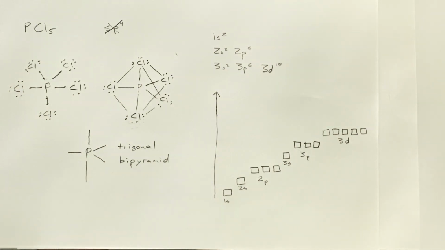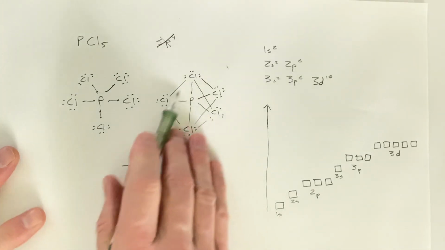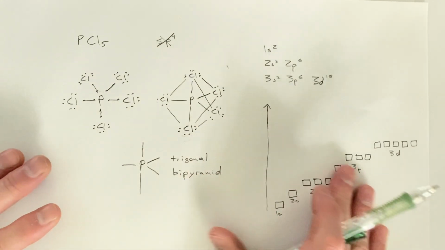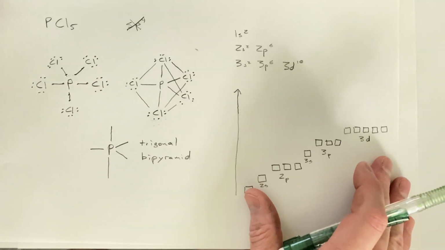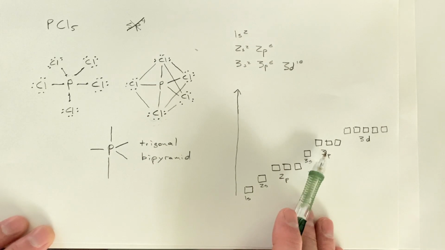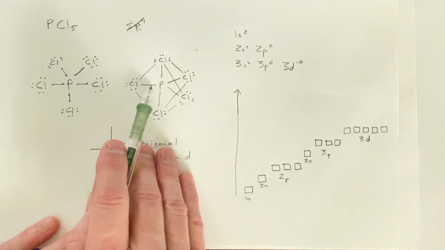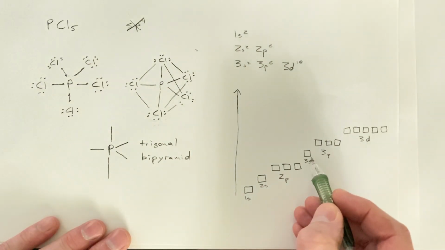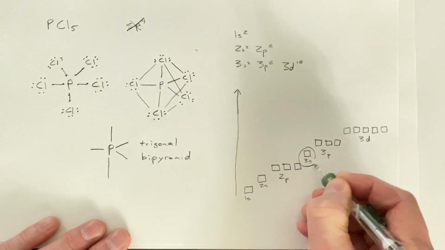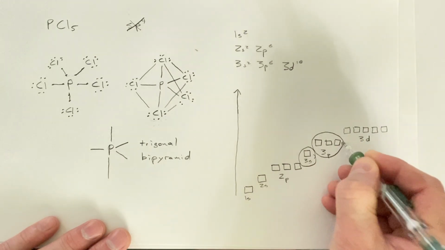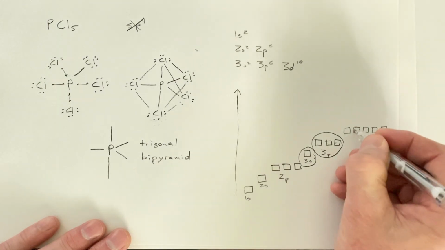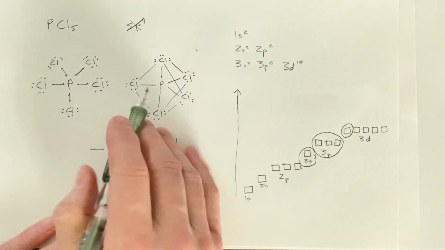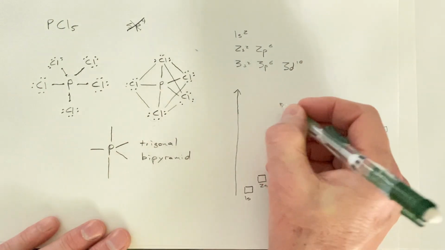Since phosphorus is a period 3 element, when it forms these bonds, it is forming these bonds using its valence shell, which is the third shell. So the orbitals that are hybridizing are the orbitals from the third shell. We see that we need 1, 2, 3, 4, 5 hybrid orbitals. So we shall hybridize the 3s. We shall hybridize the 3p. This gets us 1, 2, 3, 4 orbitals, and we will hybridize one of the 3d orbitals. So the hybridization of this phosphorus atom will be